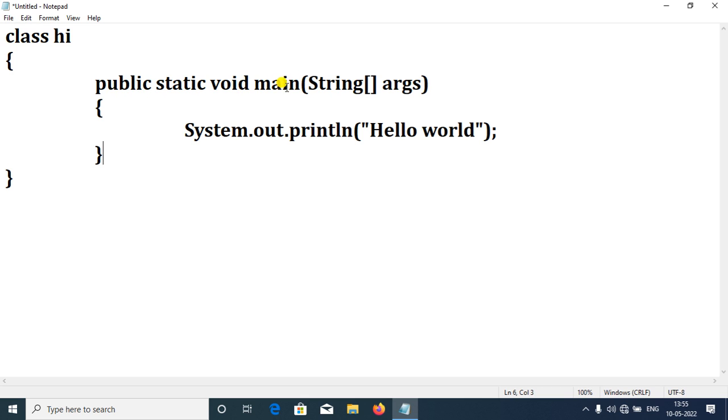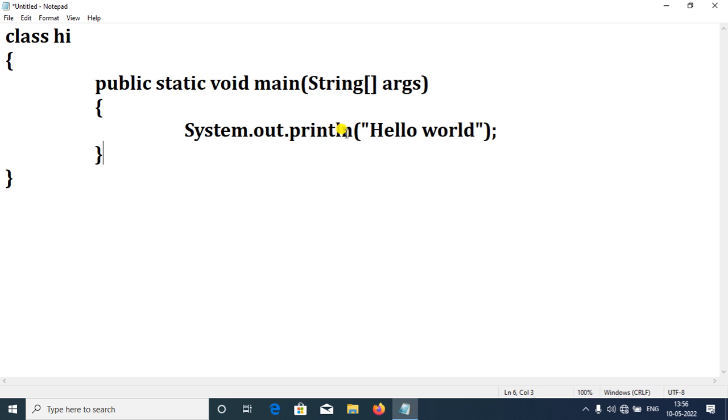Void main is the main method, and String brackets is the string array type of arguments, and args stands for arguments. System.out.println is used to print the message.